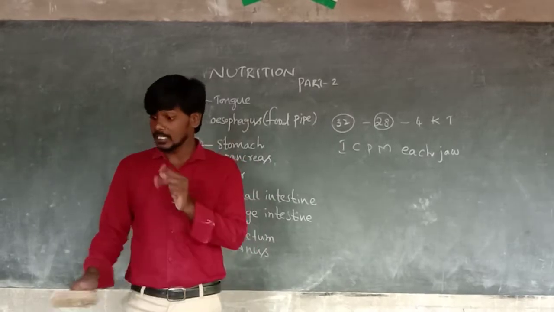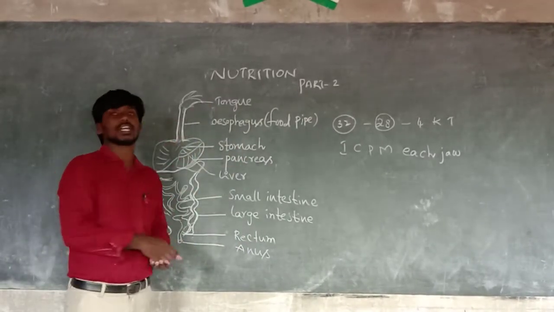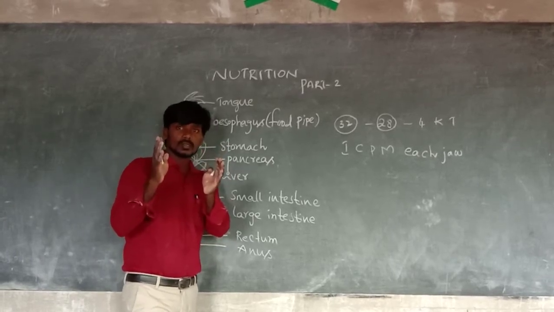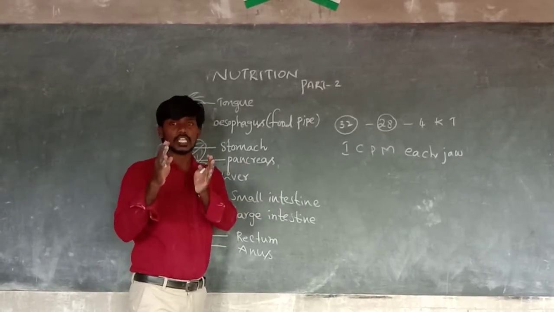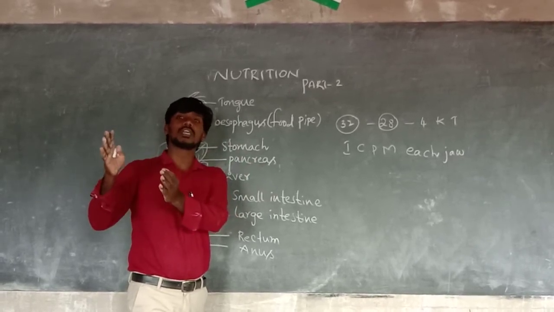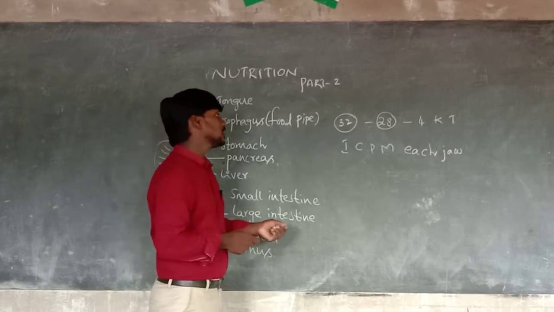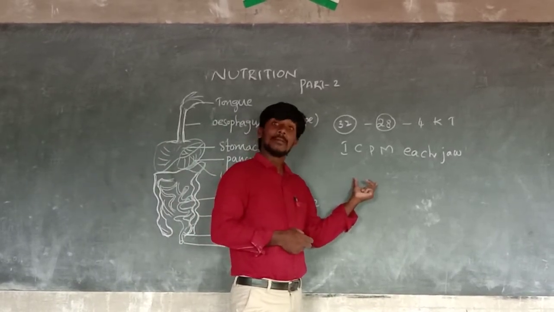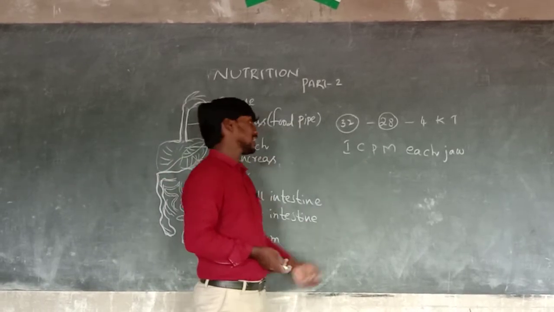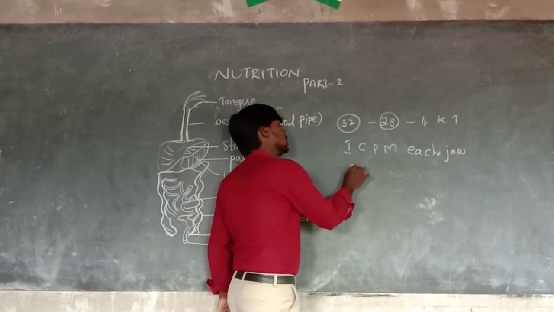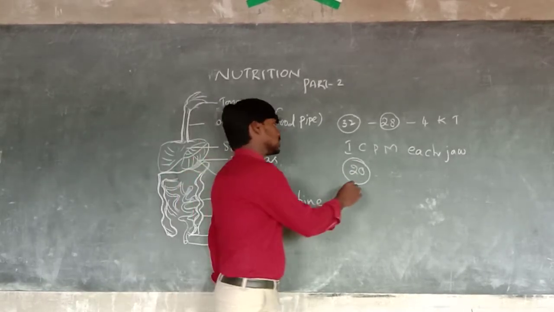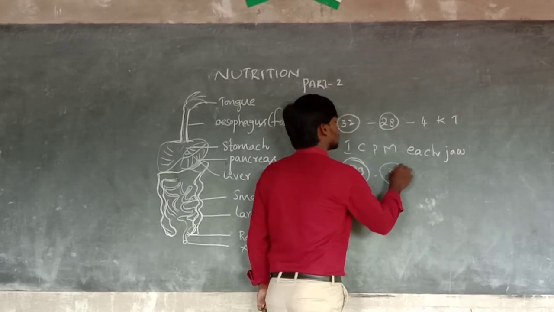Actually, teeth are mainly of 2 types, as you already know from lower classes. One is the temporary teeth and the second is the permanent teeth. The temporary teeth are also called milk teeth. The temporary or milk teeth are 20 teeth only. After you come to young age, you have the 32 teeth.